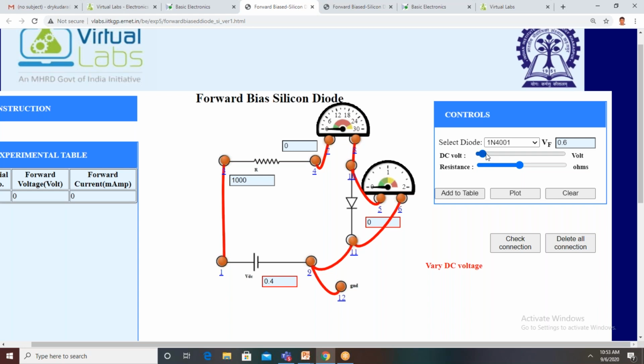Okay, 0.4, 0.5. One minute. Vary the DC voltage.